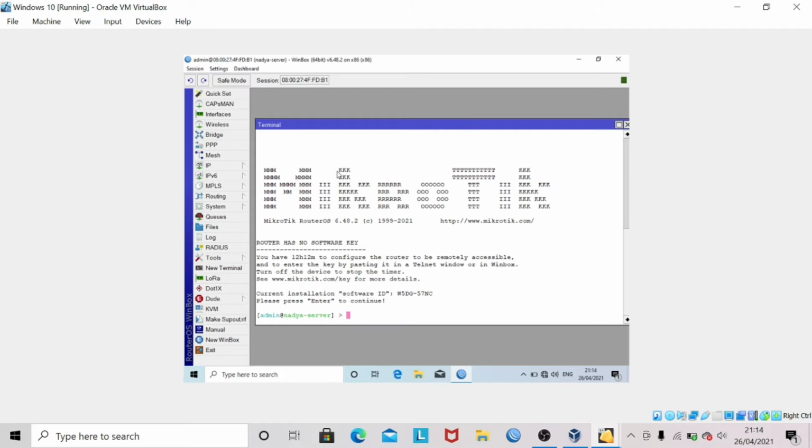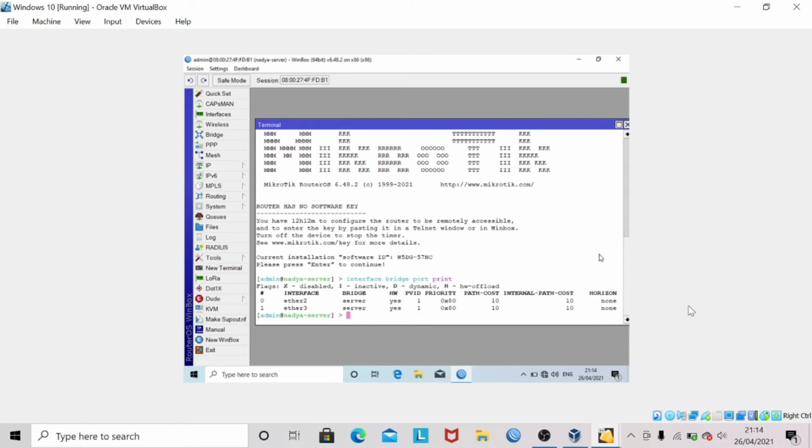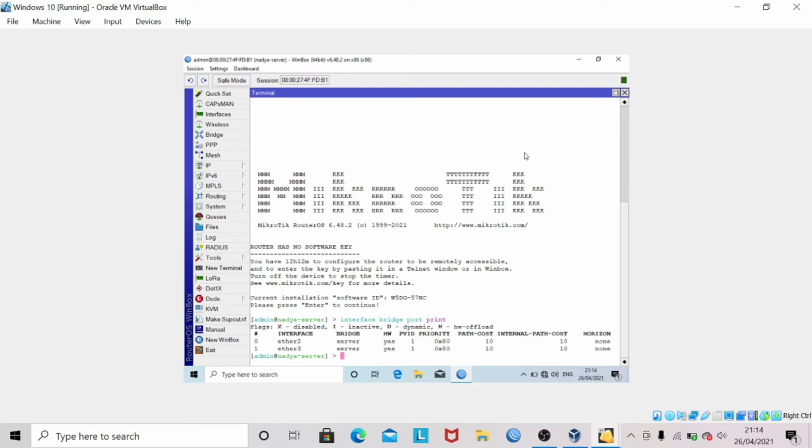After that, check the interface ports that we have added to the bridge interface with the command interface bridge port print. As you can see, we have successfully added interface ports Ether 2 and Ether 3 with the bridge named server.